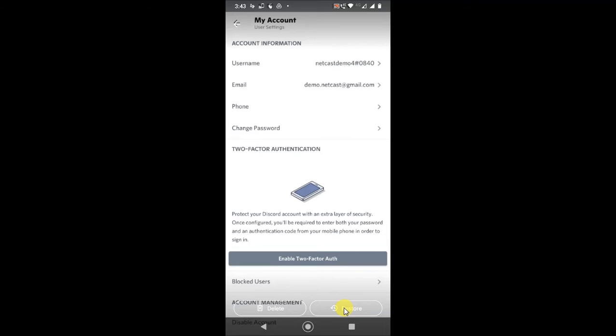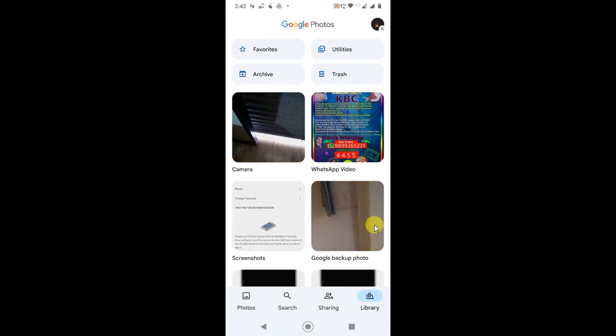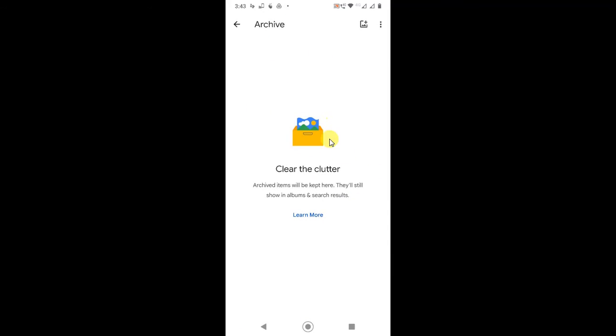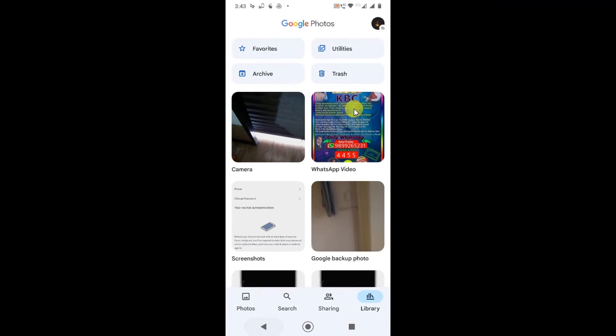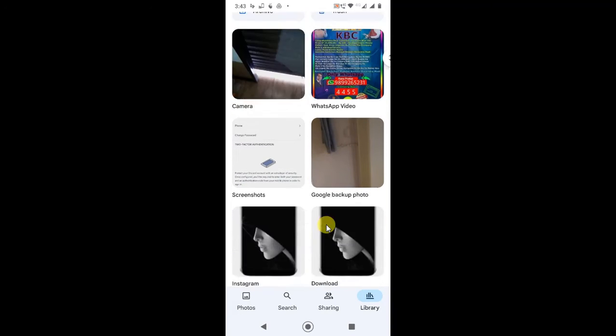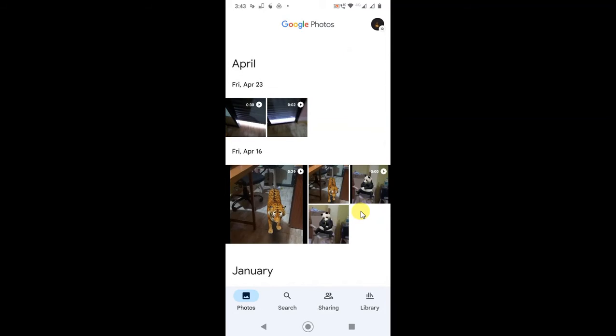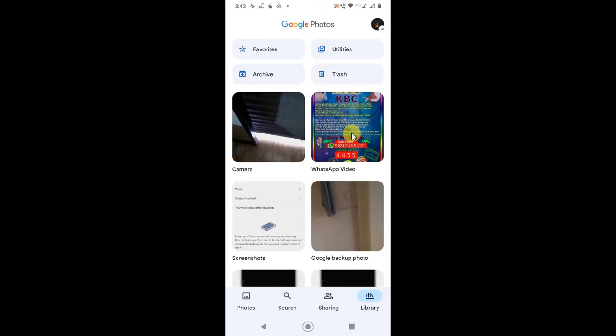Just click on it, and it will be restored. You also need to check the Archive, because sometimes your photo is archived by mistake. If you find the photo there, you can restore it the same way as I showed in Trash. So this first way may be useful for you if your photo is not permanently deleted.